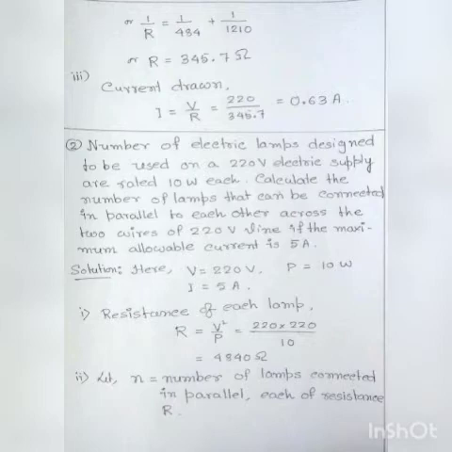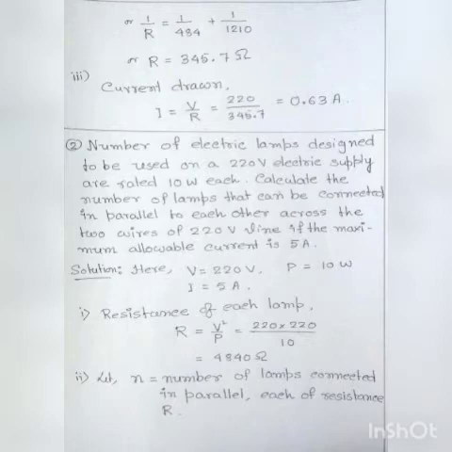Here you have to remember this: this current is flowing through the external circuit, not through each lamp. If we want to calculate the current flowing through each lamp, we have already solved this type of problem for parallel combination of resistances. For that we have to calculate in a different way, but this current is drawn by the two lamps in the external circuit. Now let us discuss the second numerical.